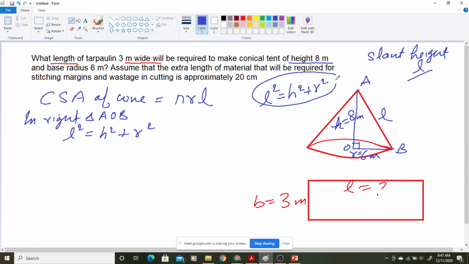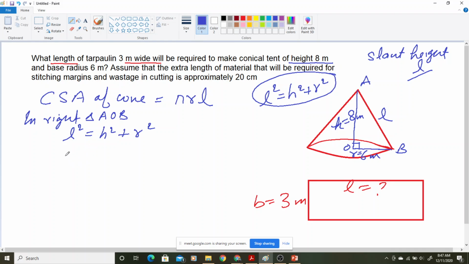देखो, याद करने के लिए इतना वो नहीं है. You can also observe this from the figure. Figure से ही पता लग जाएगा that L, H and R, what relation they are making by using the Pythagoras theorem: L square equal to H square plus R square. Okay, it is not about कि एक formula याद करना है. You can see the figure.